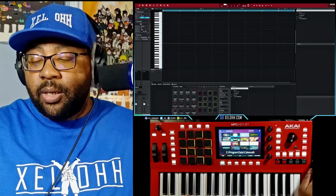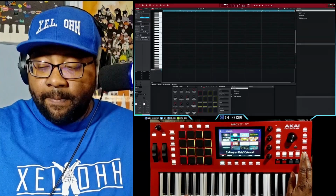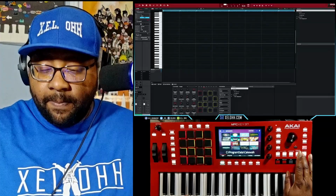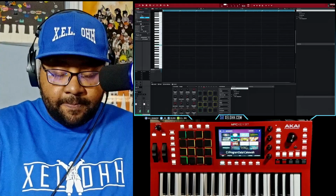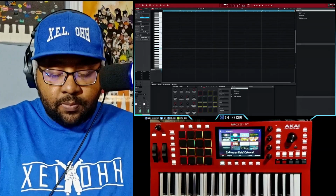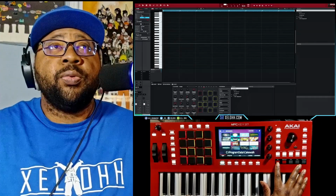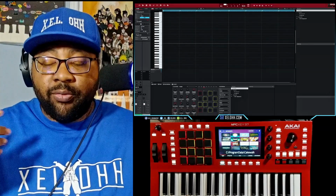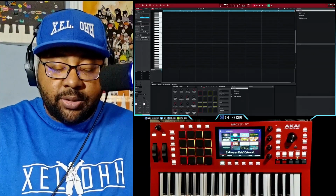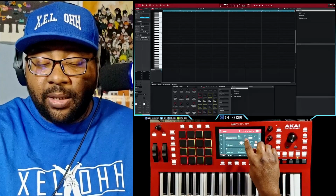So let's do a tempo for that. Right, so we have our tempo set now. And we can just always do a record. So we want to hit the record button, and whenever we're ready, we can just hit the play button and get started. So let's go to the main screen, right? So now it's telling me that it's at